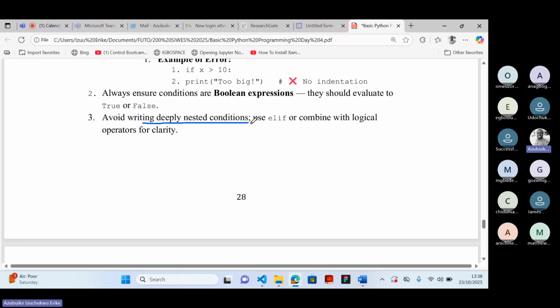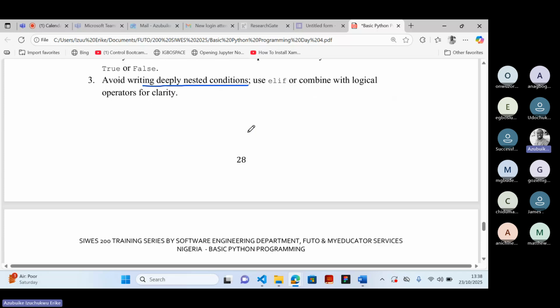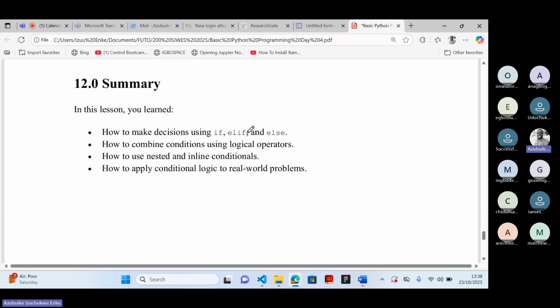Check another algorithm, another way to implement whatever you want to perform the same function, instead of writing a very deeply nested condition. All right. Now we have,